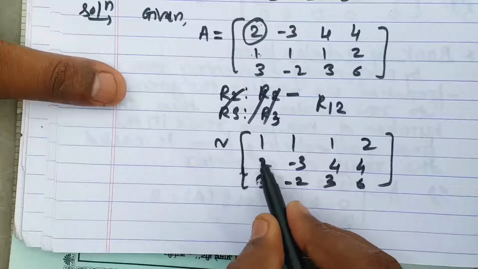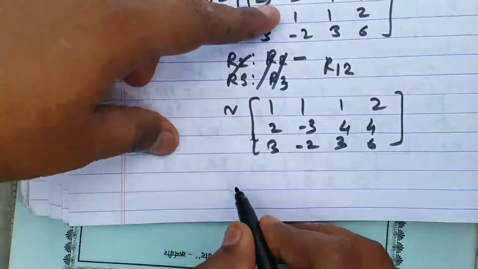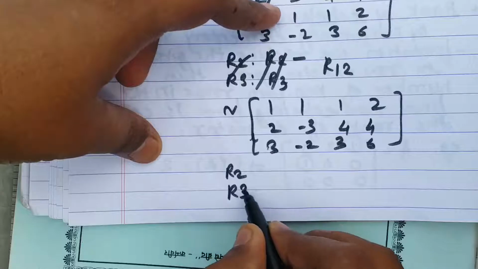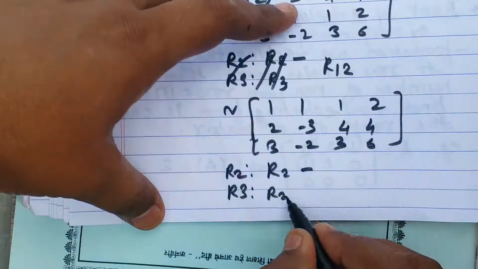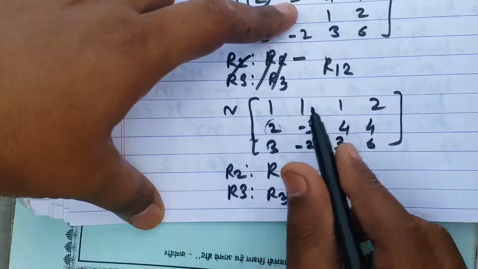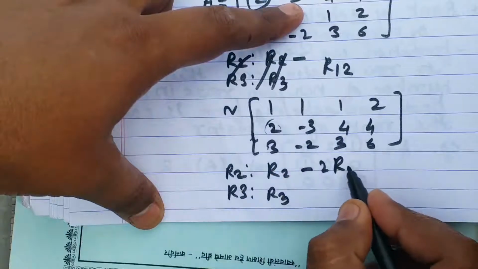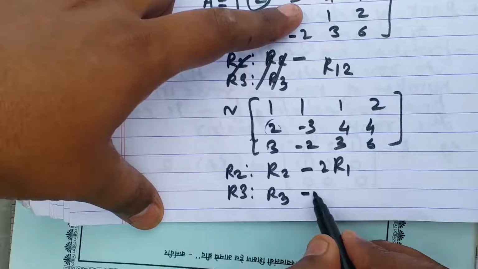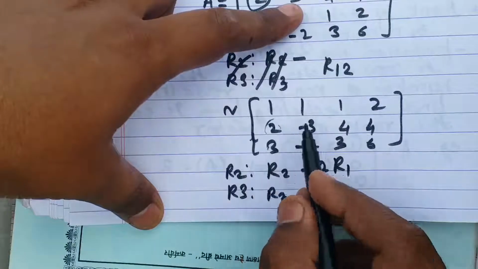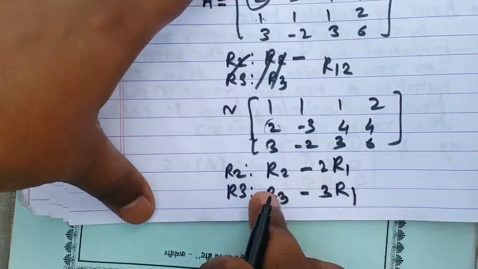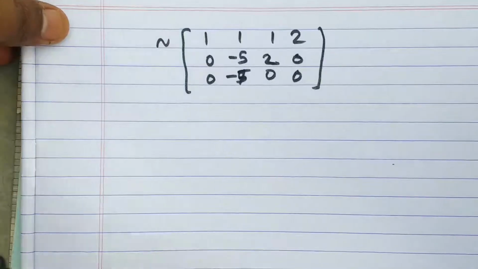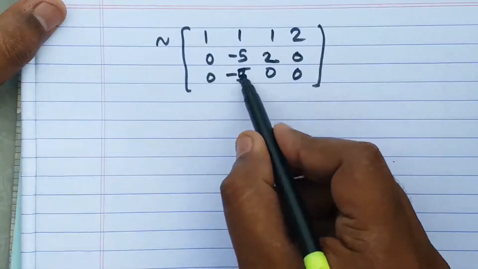Now it is easy to convert these two entries to 0. Now we are applying that transformation, changing R2 and R3. So how are we changing them? For getting 0 here, we must have 2, so we'll multiply the first row by 2 and do the subtraction, and for changing this to 0, we'll multiply the first row by 3. So the correct transformations will be R2 minus 2R1 and R3 minus 3R1. The first row will be as it is, and the only change will occur in the second and third rows. This will be the matrix after doing the subtraction of the two rows.